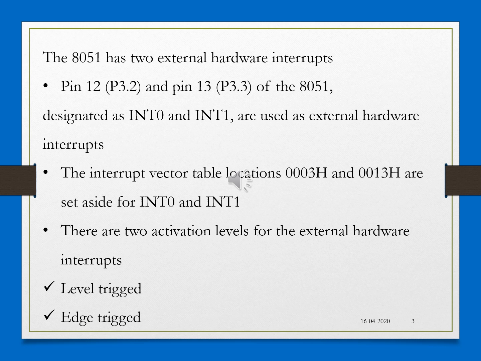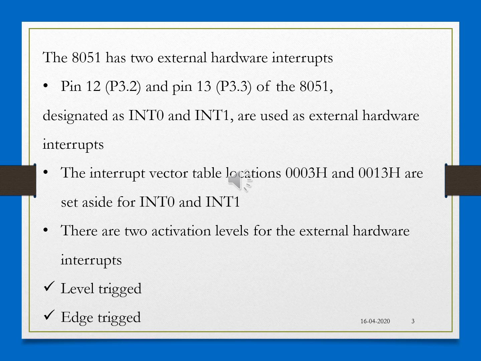All right. So what happens whenever there is an interrupt? We know that whenever there is an interrupt, the microcontroller has to stop whatever it is doing and jump to the ISR, the interrupt service routine location of the corresponding interrupt, and execute the ISR, right? So that is the procedure.